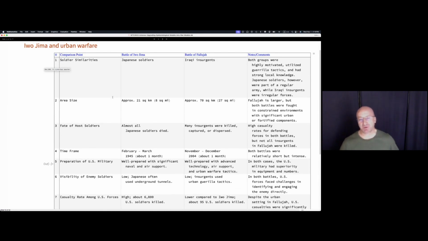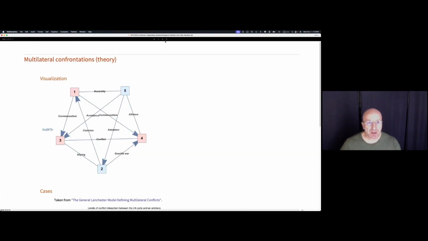Think of, I mean, there are basically several battles like that, but say more recently, the Battle of Bakhmut in Ukraine, which happened this year. I think it was March, May. All right. So one of the ways to extend this type of simulation is to do multilateral